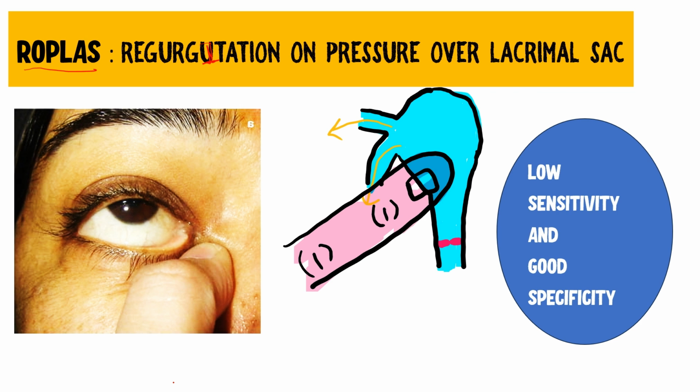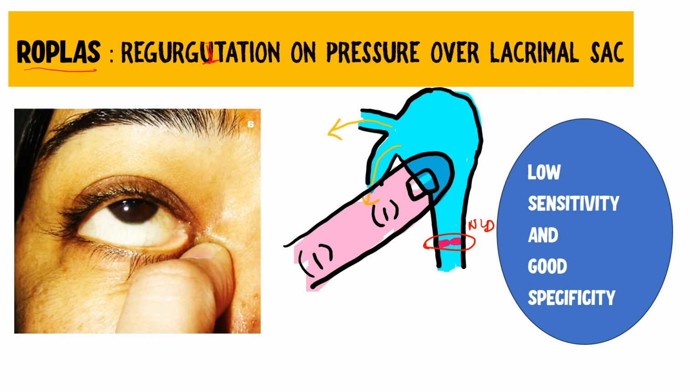So, what happens is if you were to put pressure over the lacrimal sac, which is already harboring a lot of tear fluid stagnated inside it, that tear fluid is actually going to come out through the canaliculi. That means it is going to regurgitate to the canaliculi because we have obstruction at the distal end of the nasolacrimal duct, and this therefore is called a positive ROPLAS, that is regurgitation on pressure over the lacrimal sac